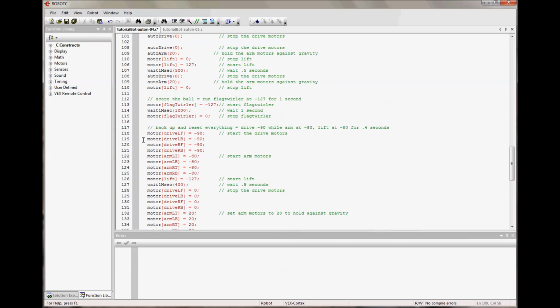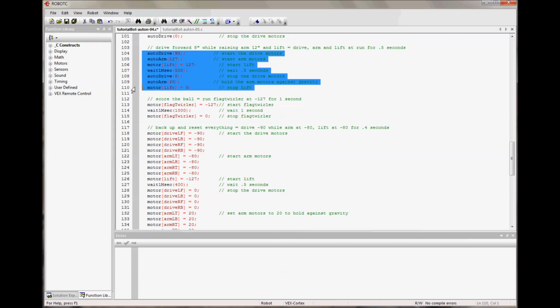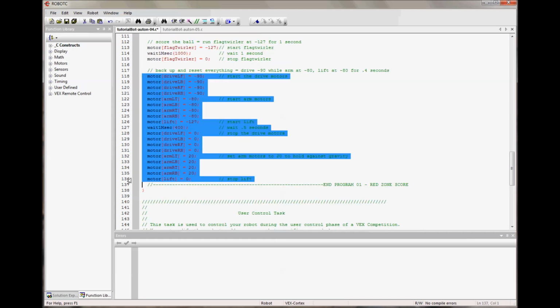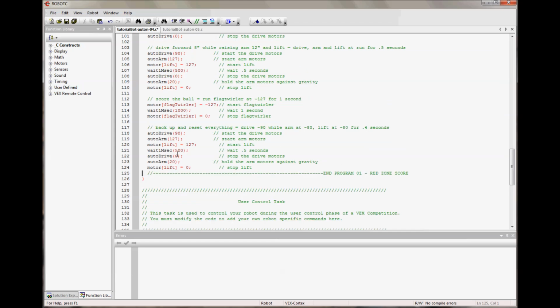So I remember, I believe this is wrong. If I remember, this is the same as this guy, but everything negative. So we'll copy this whole dude down to replace all this line of code. And we'll just invert these. So we did -90 drive. We need to do